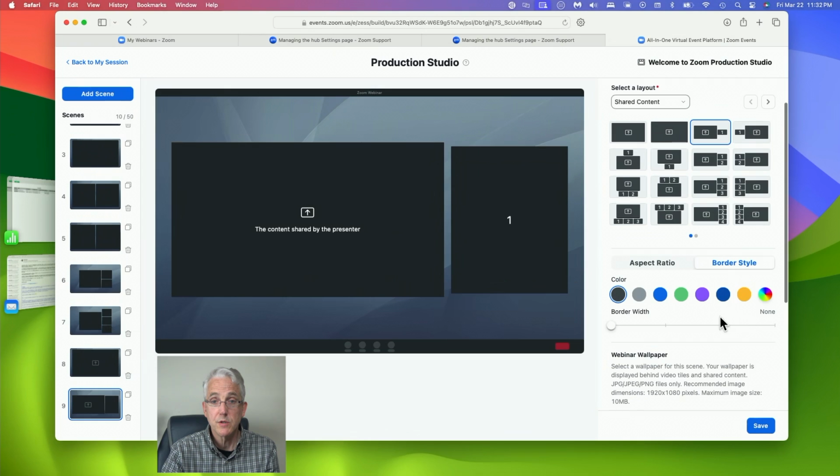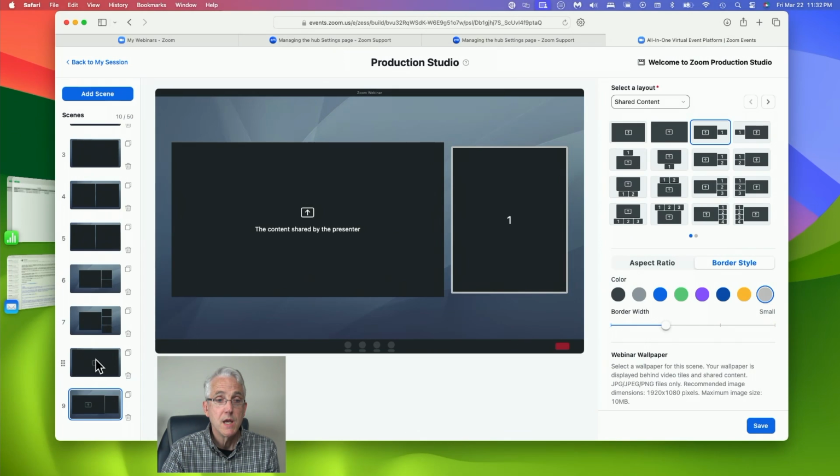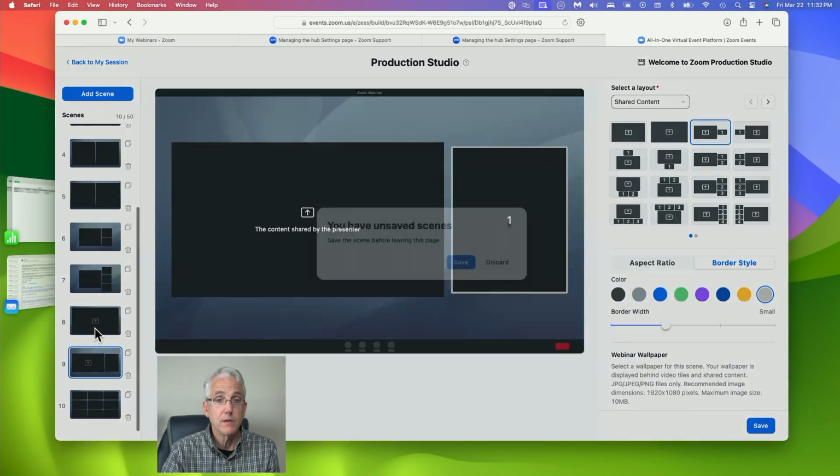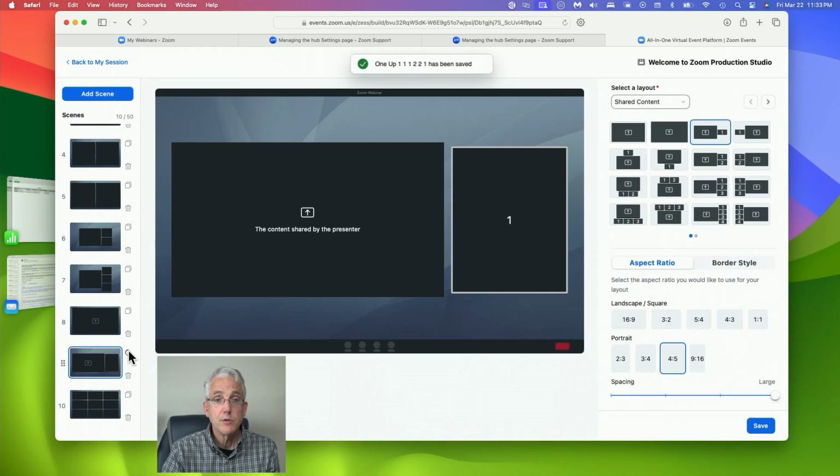I didn't pull my border over, so we're going to go get a border and get that light gray. Click OK. And whoops, let's save that. All right, so I'm going to duplicate this, and I'm going to put also the speaker